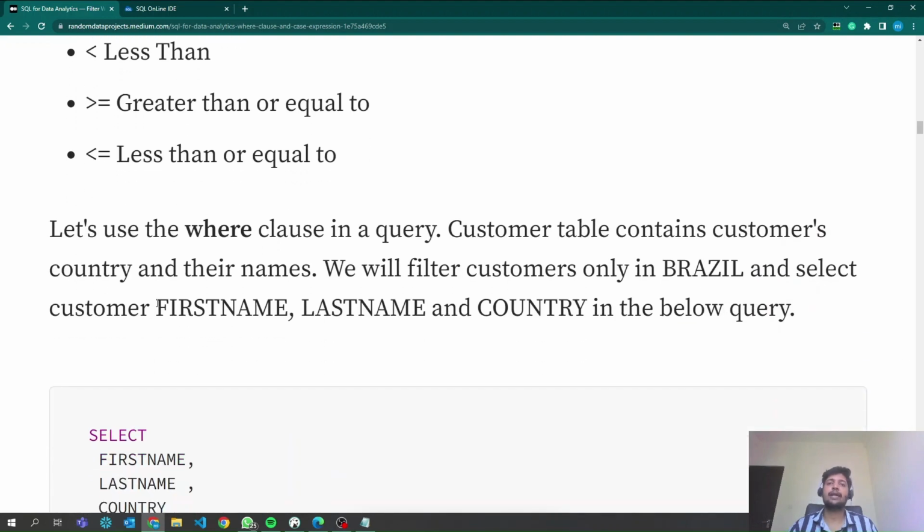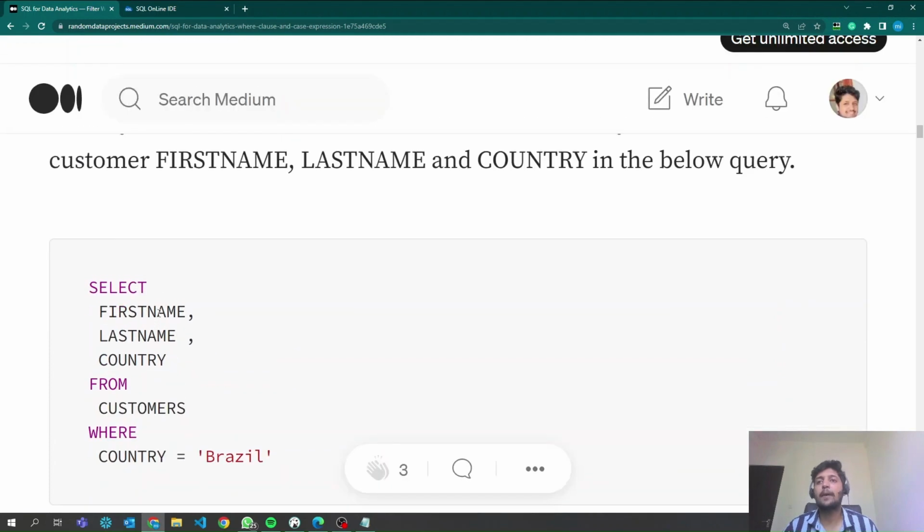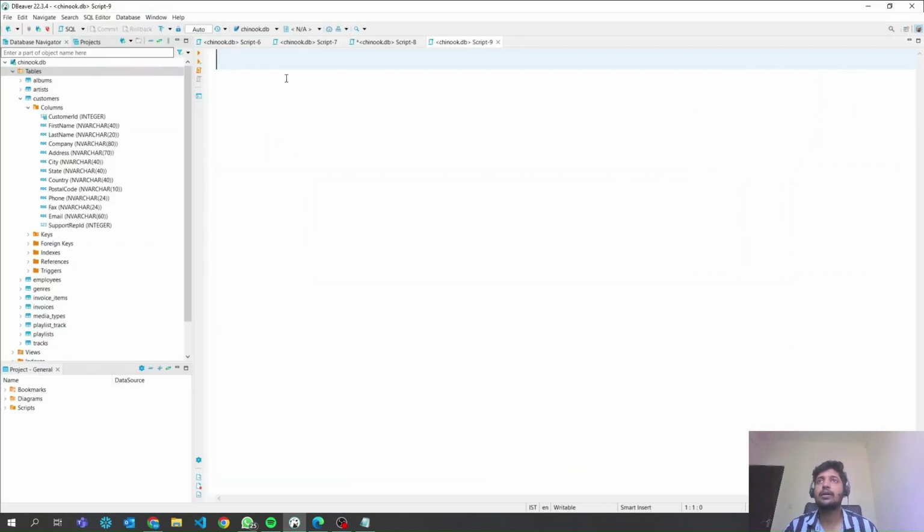So let's try an example. The previous example we discussed: let's filter customers from Brazil from the customers table. Let me open my DBeaver prompt. Okay, in this new script, first let's see what we have in